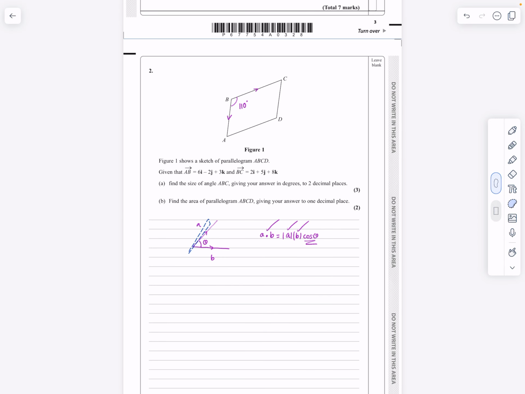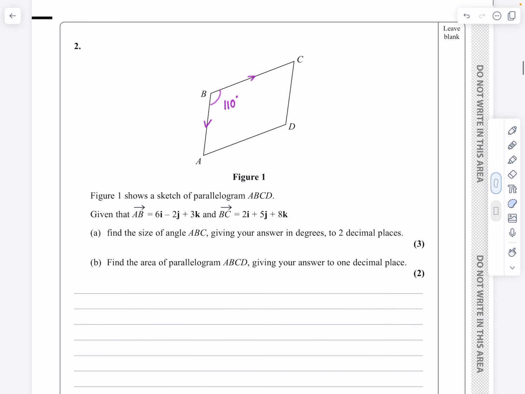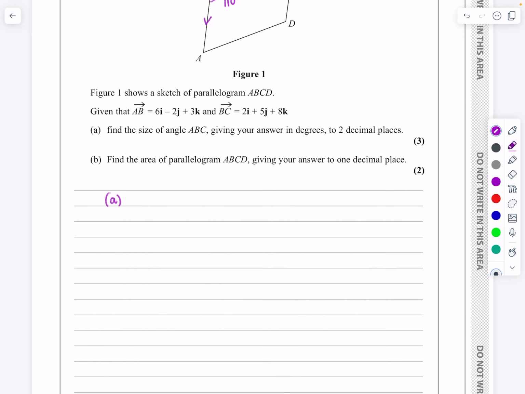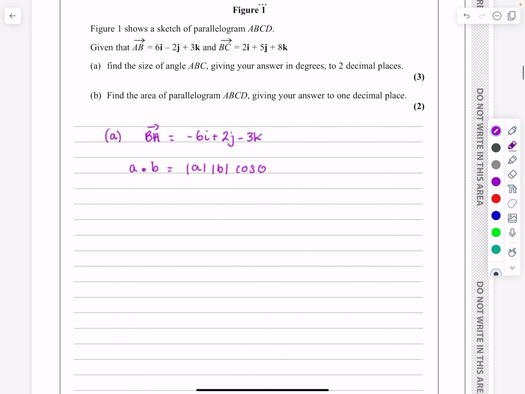So in my way, let's just tidy all this up. For part A, the first thing I'm going to say is, if they've given me AB, I'm going to say BA. So BA is minus 6i plus 2j minus 3k. Nothing complicated, I've just flipped it all around like that. And then I'm going to tell them what I'm using. A dot B is equal to modulus A modulus B cos theta, or cos theta is equal to A dot B divided by modulus A modulus B. Right, what's A dot B then? Well, A dot B